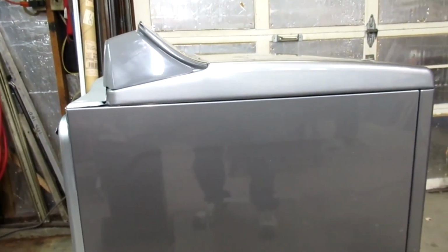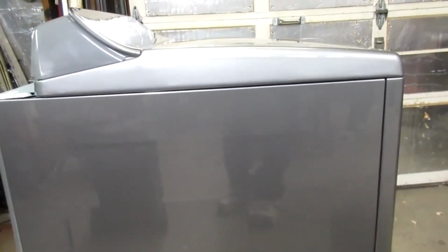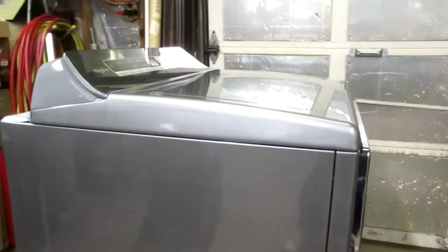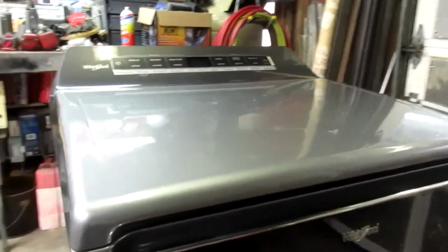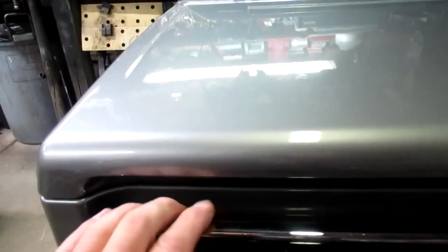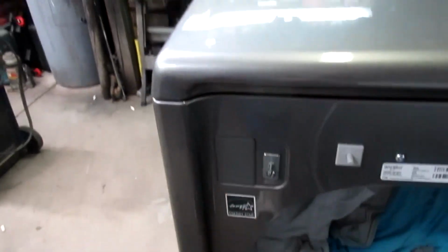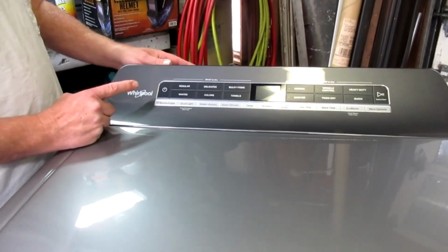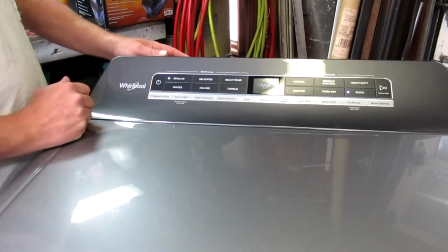The control panel is set too far forward and the top is not flat, so it makes it hard to set baskets on it. The door has a clip only at the top, not the bottom, which makes the bottom of the door spring out a little bit. Same. Okay, power button, turns it on,